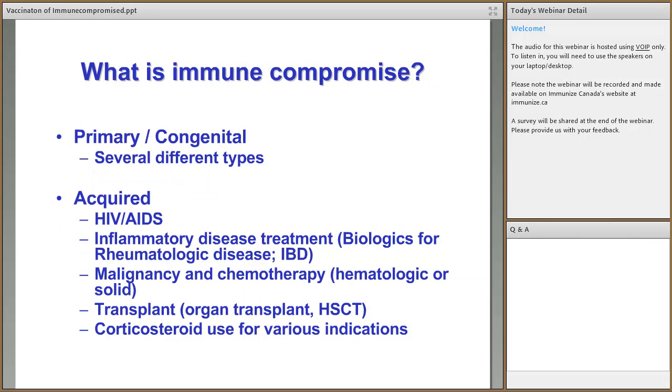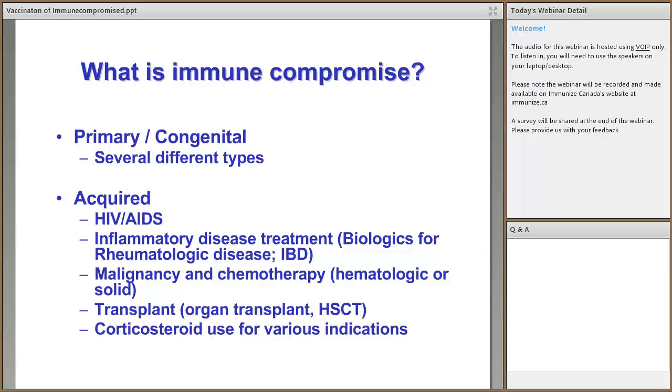So then what is immune compromise? I like to think of immune compromise in two ways. One is primary or congenital, and there are several different types of these. Over 80 or 90 different types of congenital immunodeficiencies exist. Then there are the acquired immune deficiencies, and this is primarily what we see in adults. These include HIV, inflammatory bowel disease, or inflammatory rheumatologic diseases, and in these cases we use biologic therapies that are immunosuppressive. There are also patients who fall into the category of malignancy and chemotherapy, whether that's hematologic malignancy